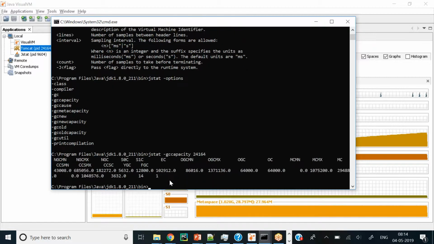What type of data is it giving? Now it is giving something different, right? These parameters we need to understand. All this you can find documented somewhere in the Oracle documentation, and if you need, I will also provide you the fields and what the names mean, right? So this S0, S1, C, what does it mean? C means the committed bytes you have.